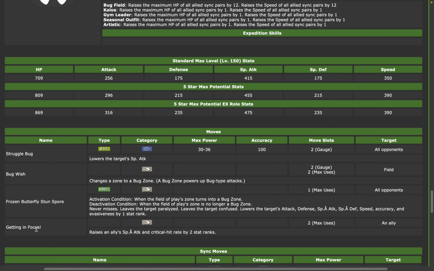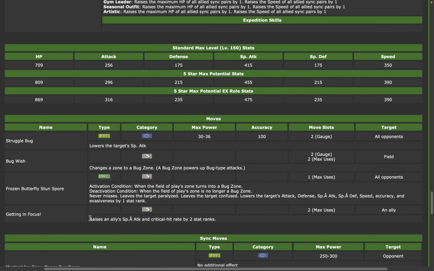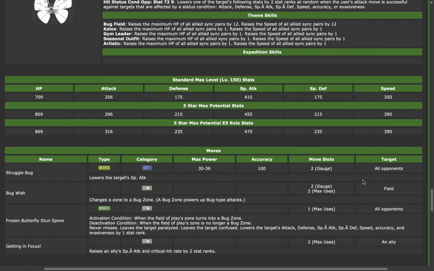Getting in focus is a trainer move, raises special attack and crit by 2 on one ally. So basically, this move, if you use it twice, you can fully raise crit, which is interesting. You can do that. Also has Struggle Bug, which I think normal Viola also had, lowers the target special attack. Hits everybody though. So, that's the vision, right? That's the vision. You paralyze your opponent with